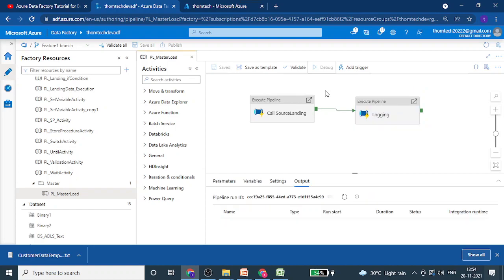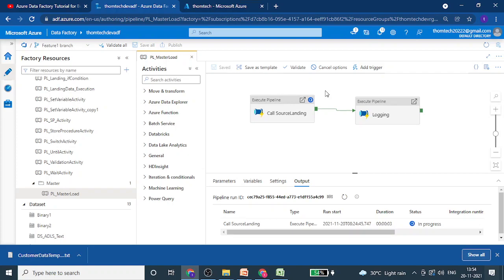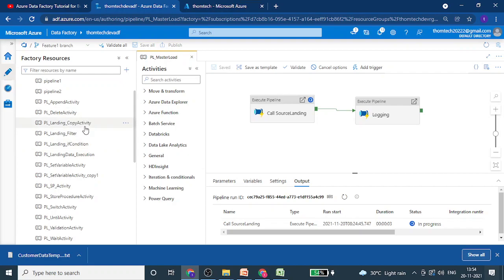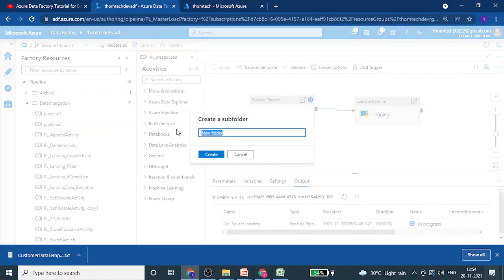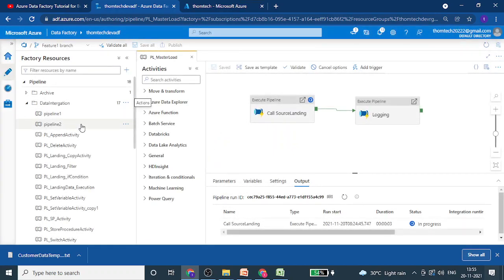Sometimes in a practical scenario, we will keep this as a master pipeline and we will create child pipelines, and that will be wrapped up into an execution. This is running. In the meantime, I will show you. Click on this and create a new subfolder, that is executions. These pipelines will be there for executions. Create this as a folder.